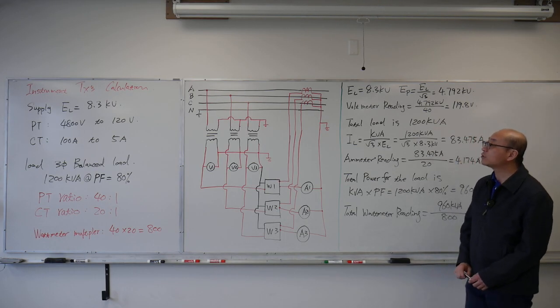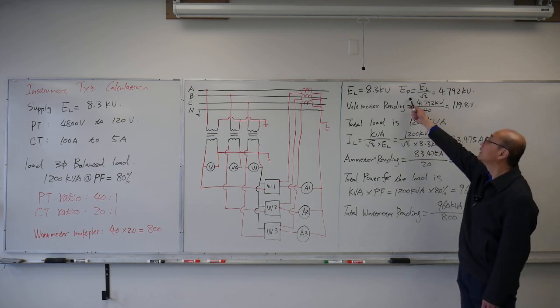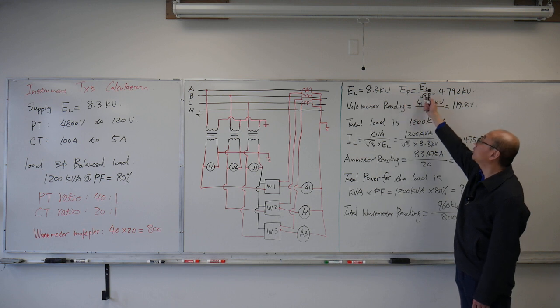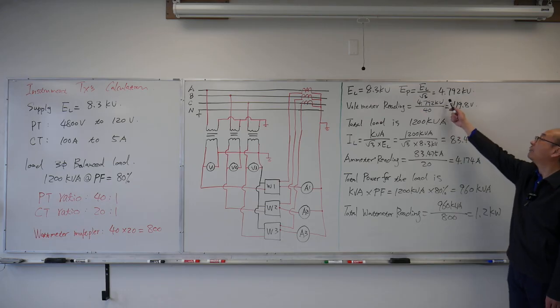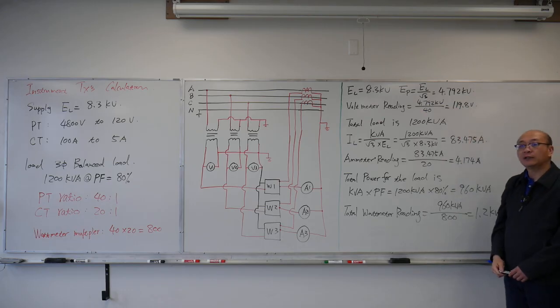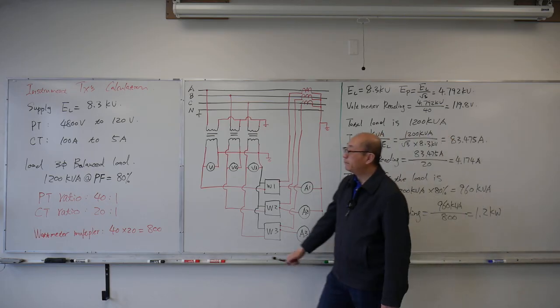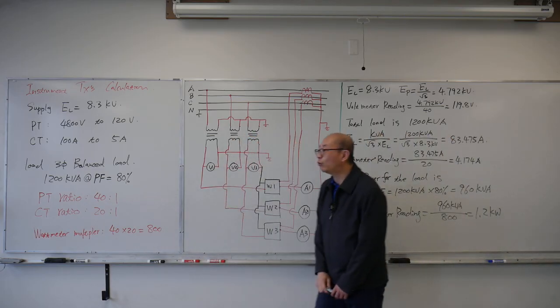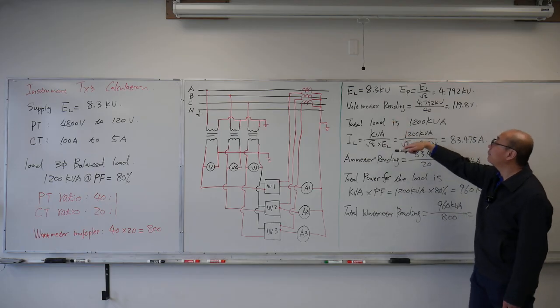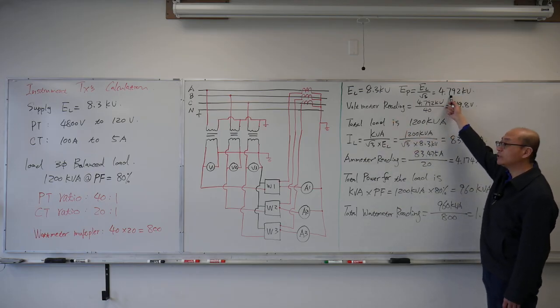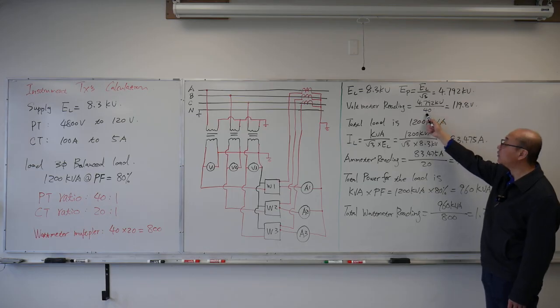The phase voltage those PTs measure is the line voltage divided by root 3, which gives 4.792 kilovolts. Because the PT ratio is 40 to 1, the voltmeter reading is equal to the primary phase voltage divided by the ratio,